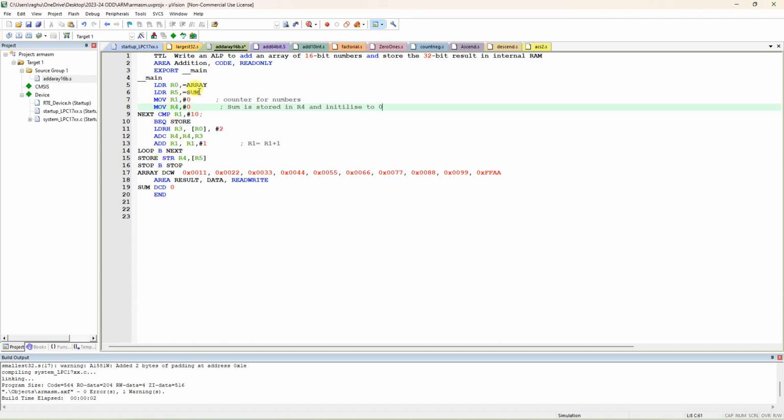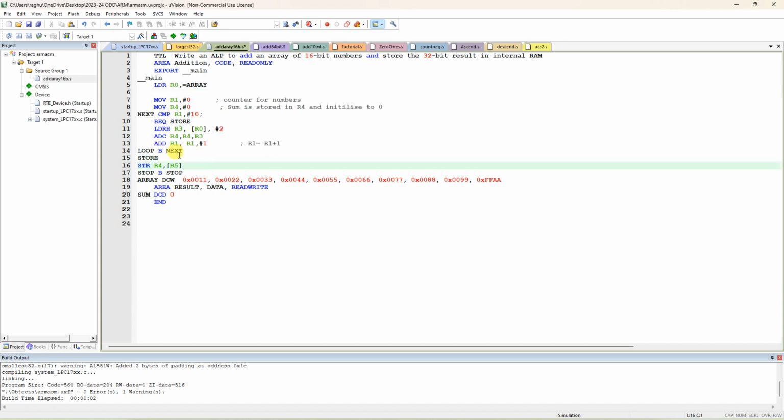First, you have to get the address of sum. You can write these instructions in the beginning, or you can write them here also. That is left to you. You can even write them in the beginning, no problem, or at the end also. Both are correct. So after that,